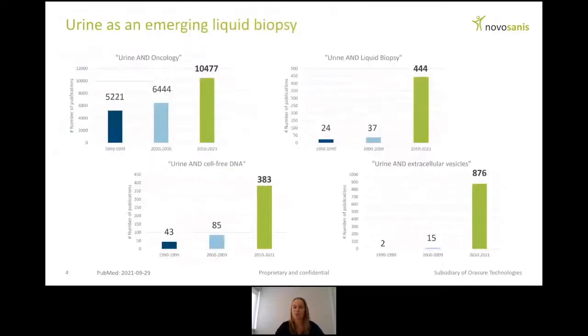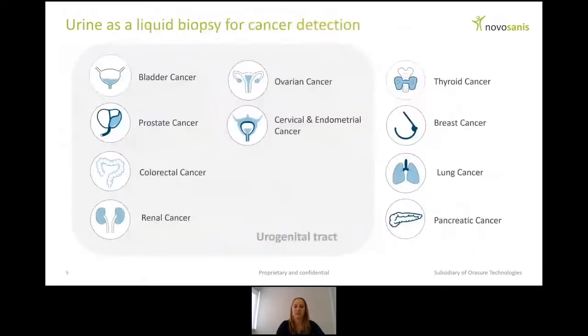A quick PubMed search showed really fast that in the last decade the number of publications concerning urine and oncology, or urine and liquid biopsy, urine and cell-free DNA, or urine and extracellular vesicles has increased massively. For urine oncology, for example, there was an almost doubling of the amount between the 3 decennia so far, which is amazing. Probably it will not be a surprise that urine can be used as a liquid biopsy for urinary